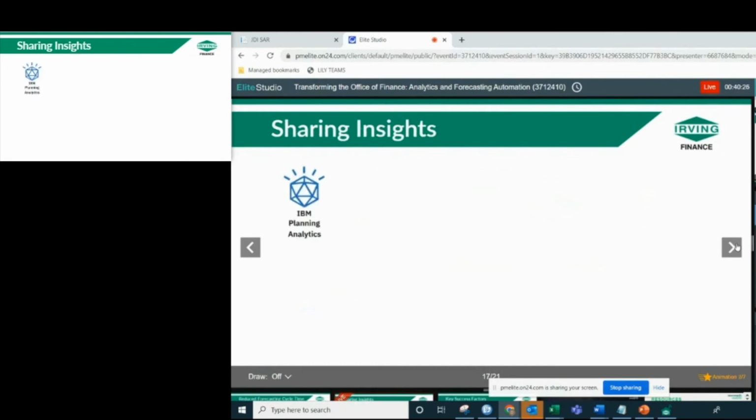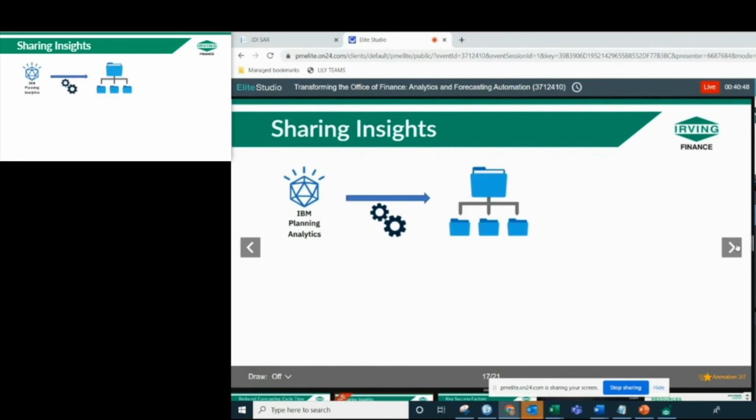And then this one is about sharing insights. So we have our planning analytics model, and one of the biggest barriers of entry for planning analytics is the cost of licensing and sharing that out there. So what we want to do is make this financial information and the insights that are coming out of it more readily accessible to non-planning analytics users, because in planning analytics, you also have to train all your users how to consume things correctly. So we have a TI, a Turbo Integrator process, pushing data out of planning analytics to